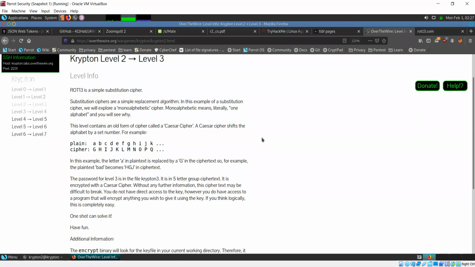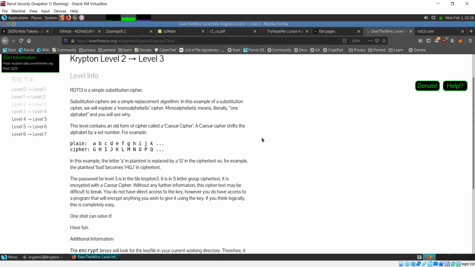It is going to be able to encrypt that using the same key. So when I know the plain text and I see the ciphertext, I can easily figure out what the key is. And using that information, I should be able to decrypt the actual ciphertext and get the password for the next level as well.